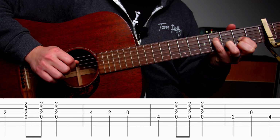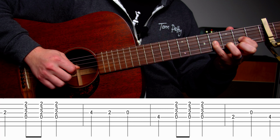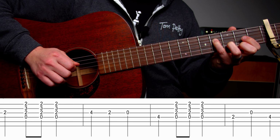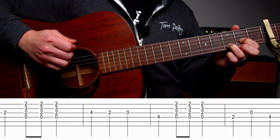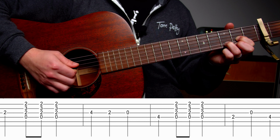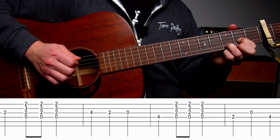So, okay, from the 2nd measure here, it's going to be, okay, and then we're going to strum the D same way. We're going to do it 3 times. We're just going to go down, up, down. Okay, from the beginning here,